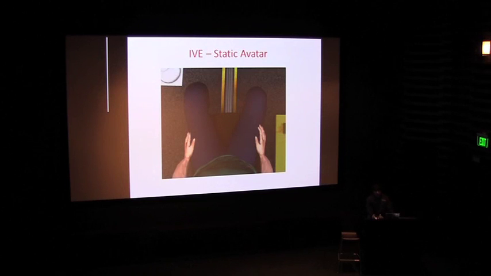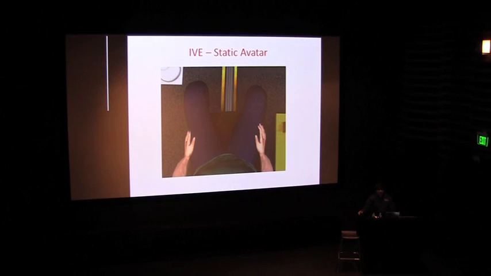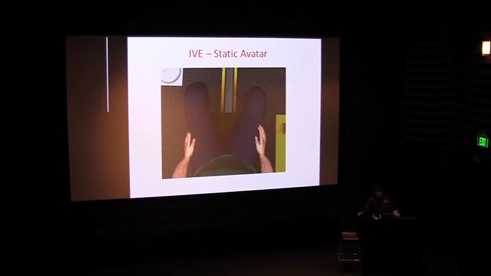There was also a static avatar that we placed when the participant looked down, which wasn't very often. Mind you, the field of view is very narrow in this head-mounted display. So it wasn't very often that a participant looked down. But when they did, they would see a static avatar so that it enabled them to be physically grounded in the environment. And that's the reason why we wanted to use this. Psychology literature suggests that having such an avatar allows you to be grounded, makes the participant feel like he or she is really in the environment, and allows them to suspend disbelief and be a part of this egocentric view that they receive in the world.